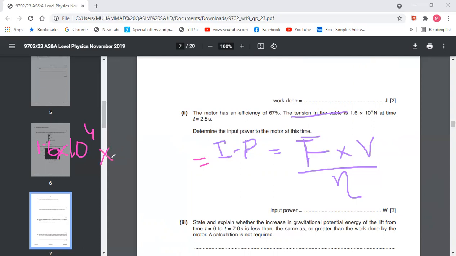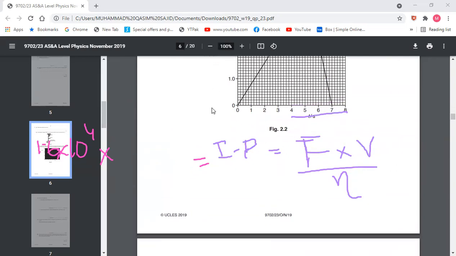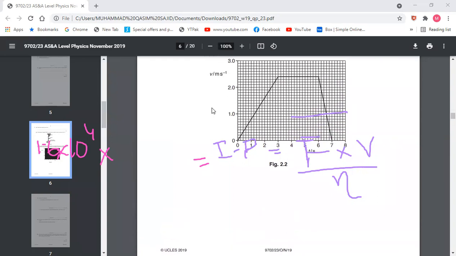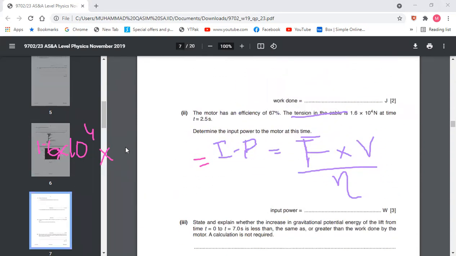Sir, it is 2.5 seconds, right? It will be 1.6 in meter per second. No, 2.5 is... wrong, sorry, 2.2. It is, Abdullah, just near 2. It will be 2, meter per second. Yes, the value is 2. Yes, you are right. Now you are right. So the value is 2